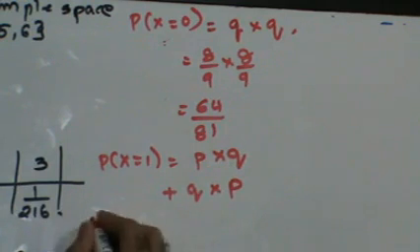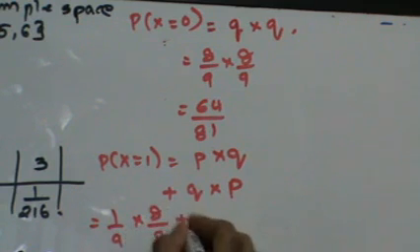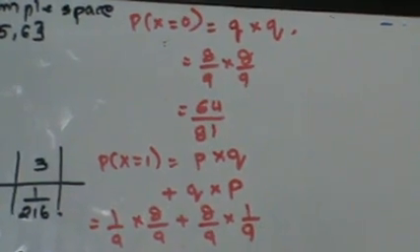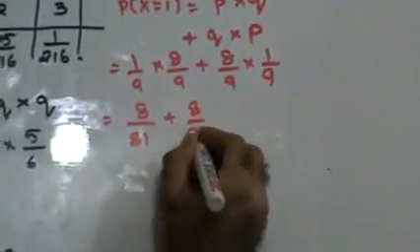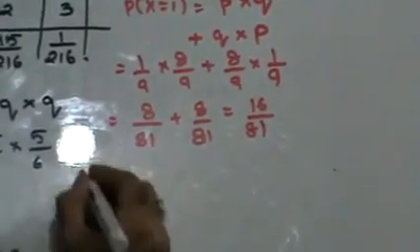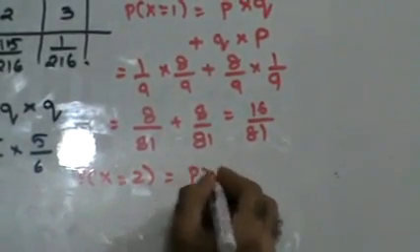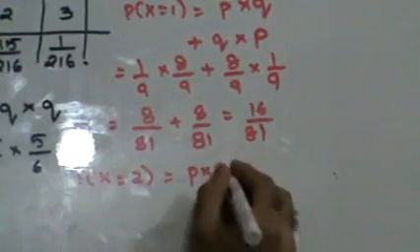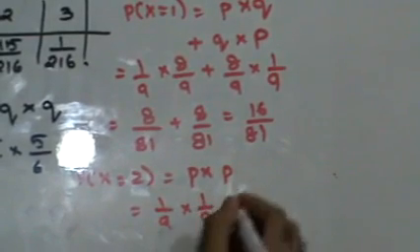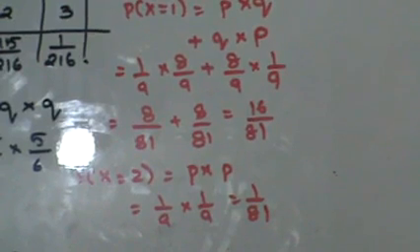Success is 1 by 9. Failure is 8 by 9. Failure is 8 by 9. Success is 1 by 9. That's 8 by 81 plus 8 by 81, 16 by 81. Probability of two successes: I get success first time and I get success second time. Success is 1 by 9 into 1 by 9. That's 1 by 81. So my random variable table